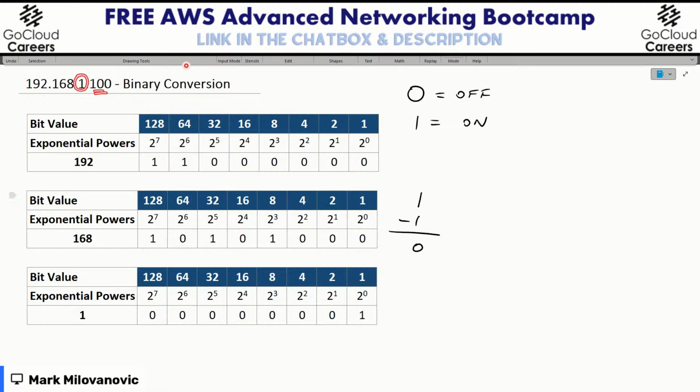So if we were now to convert the 100, which we'll do in a minute, and for some reason this bit that has the value 1 is turned on, we did something wrong. Okay, so again, just put that on your cheat sheet if you have one, or on the side. Anytime I have an odd number, this bit needs to be on. If it's off and you get an odd number, you did something wrong. If it's on and you get an even number, you did something wrong. So just keep that in mind.